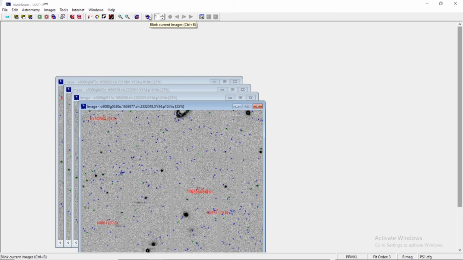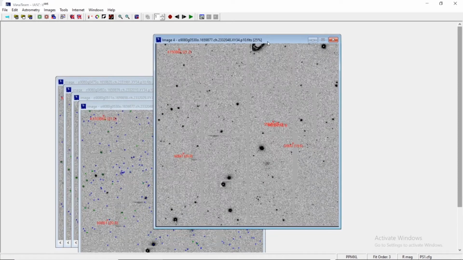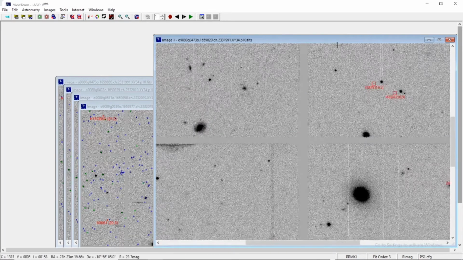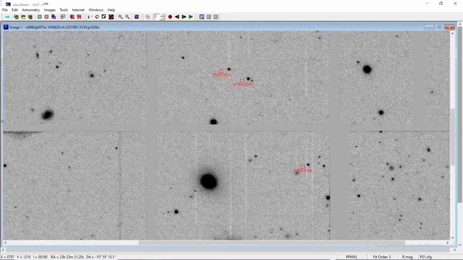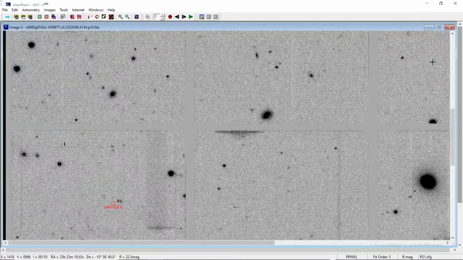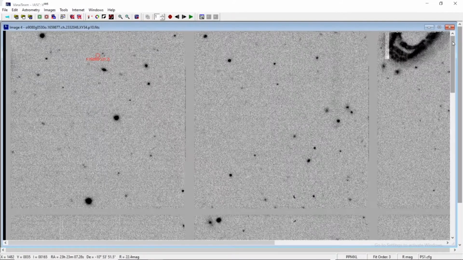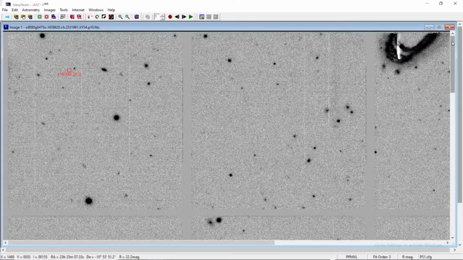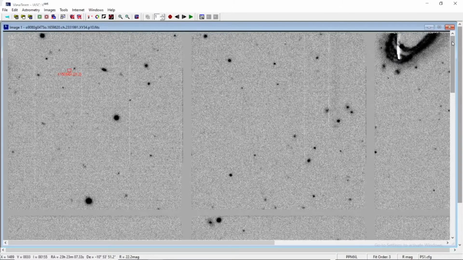Now let's go to the third part, which is known as the blink current images. So this is the blink utility. A fifth window, or a blinking window, is open, and let me zoom it in. I am clicking it twice, and let me see if I am able to do the things correctly, if everything falls well into place. So here it comes. As you can see, first of all, after doing the data reduction, we have done the known object overlay. After doing known object overlay, we are blinking the image.